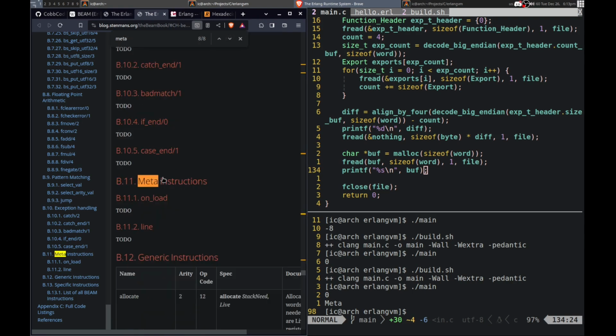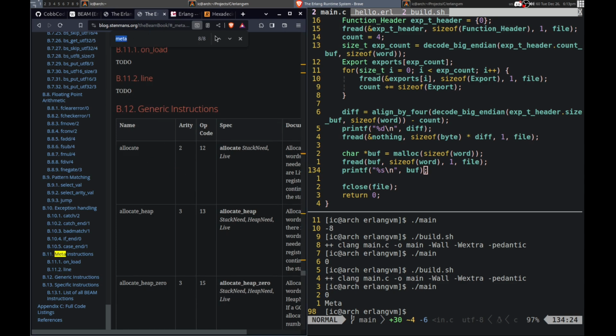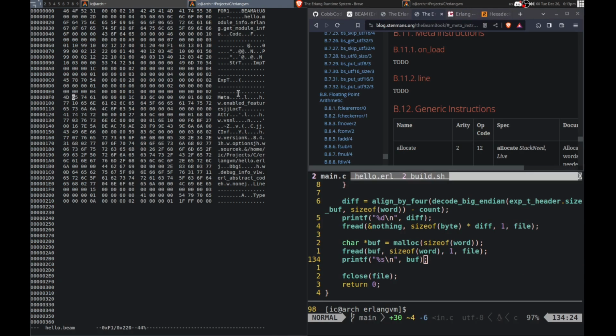Hmm. Yeah, what is this meta header? And it has values following it. Yeah, I don't know what this is. So this is just like metadata then, right? And is that the last header actually? It might be.